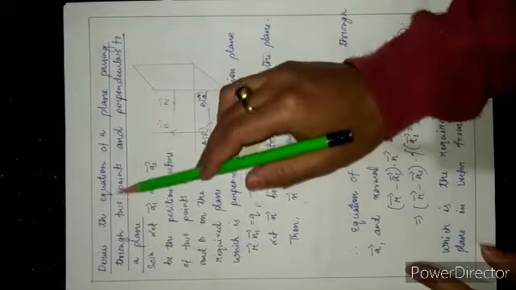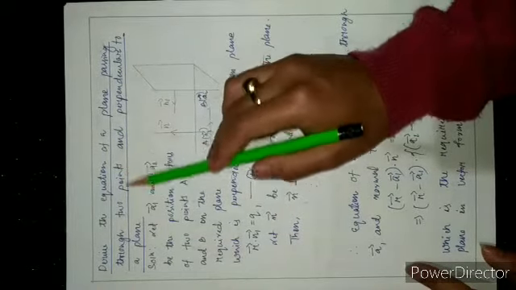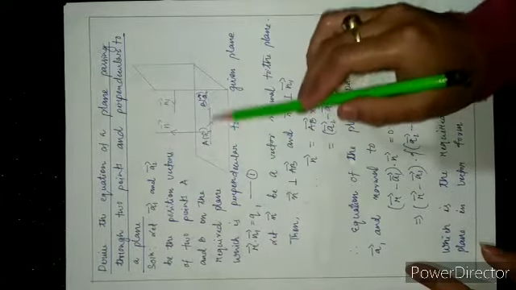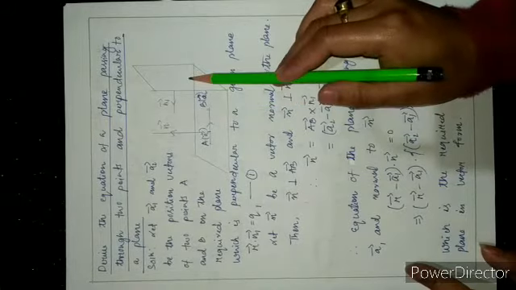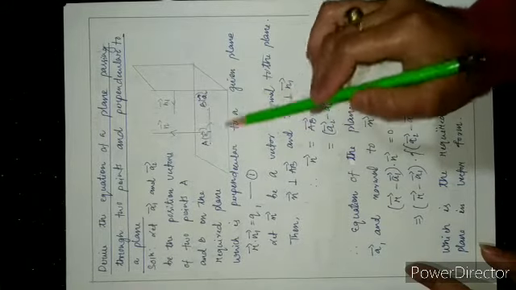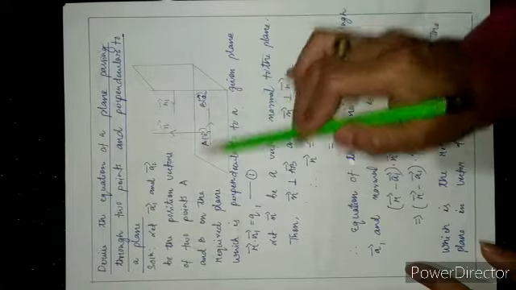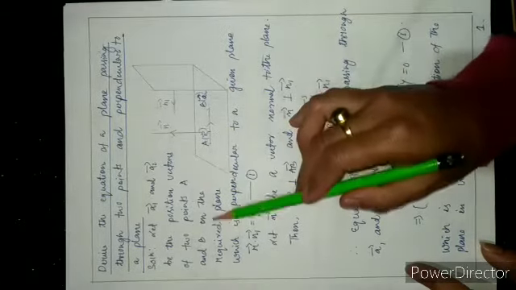Dear students, today we are going to derive the equation of a plane passing through 2 points and perpendicular to a plane. Let a1 vector and a2 vector be the position vector of the 2 points A and B on